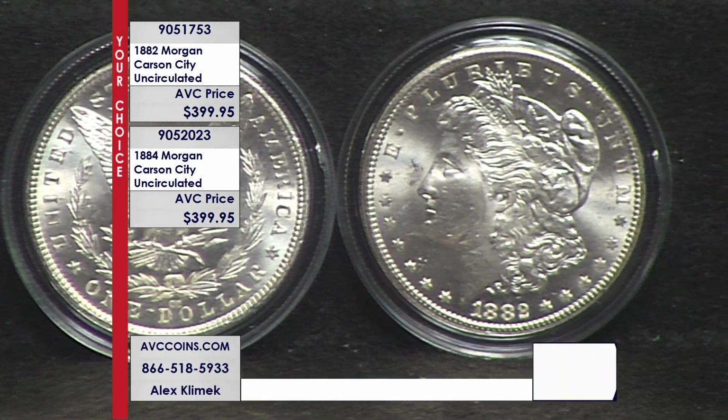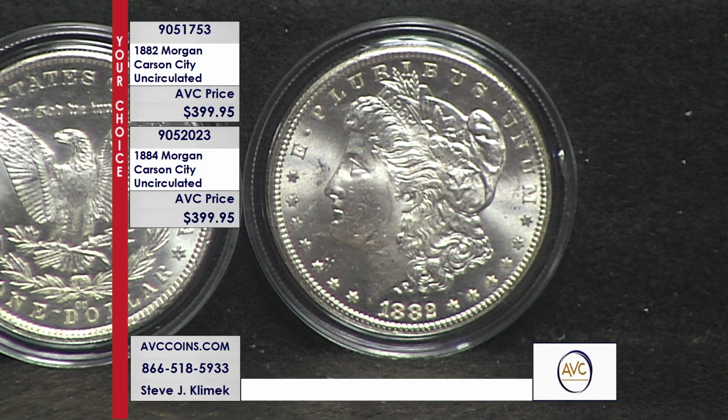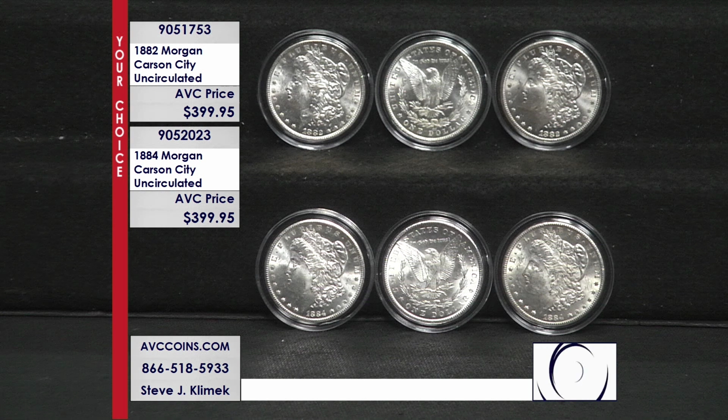These are the original vintage 90% silvers that were created how many years ago at this point? You're talking about 1882, 1884. That is 140 years at least. 140 plus years old. Now in 2021, for the anniversary of the last Morgan and the first piece, the United